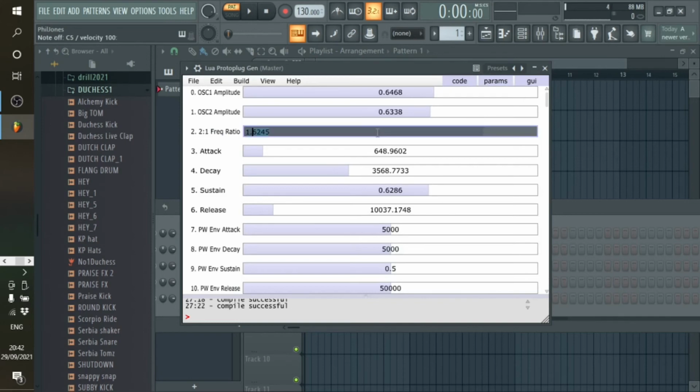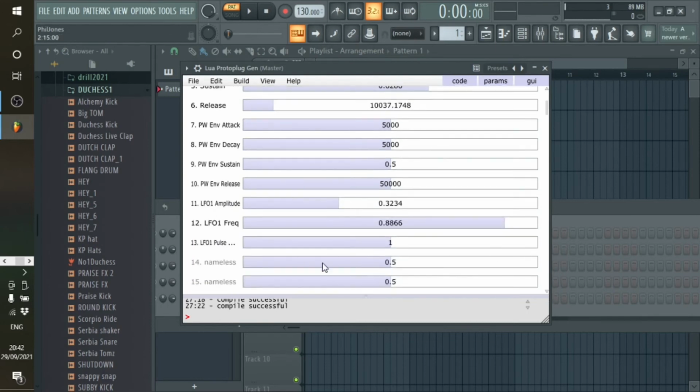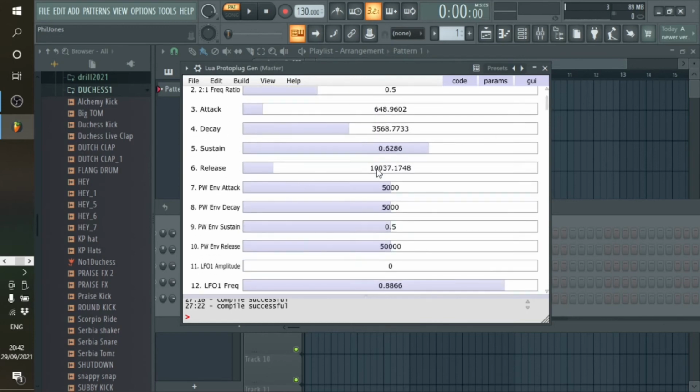Okay, let's set this to 0.5. That's a reasonable sound. Let's pull down the LFO. Right, let's just see what this pulse width envelope seems to do for us. Let's make it a very short attack and a short decay, and let's take the sustain down to nothing as well,